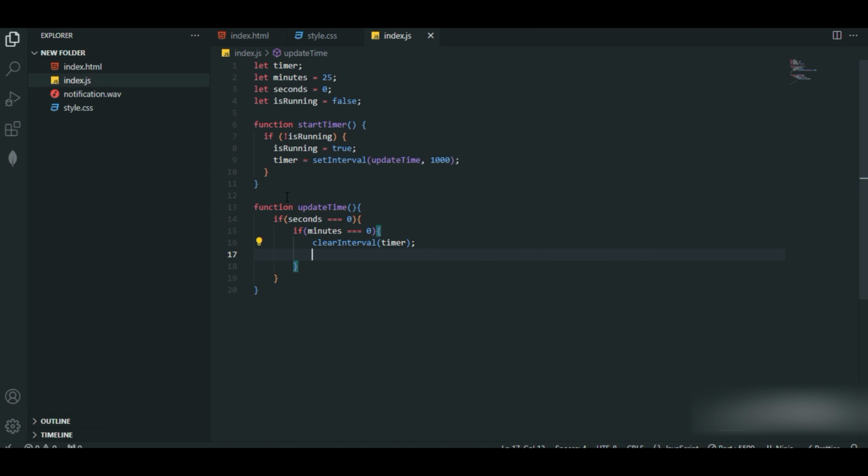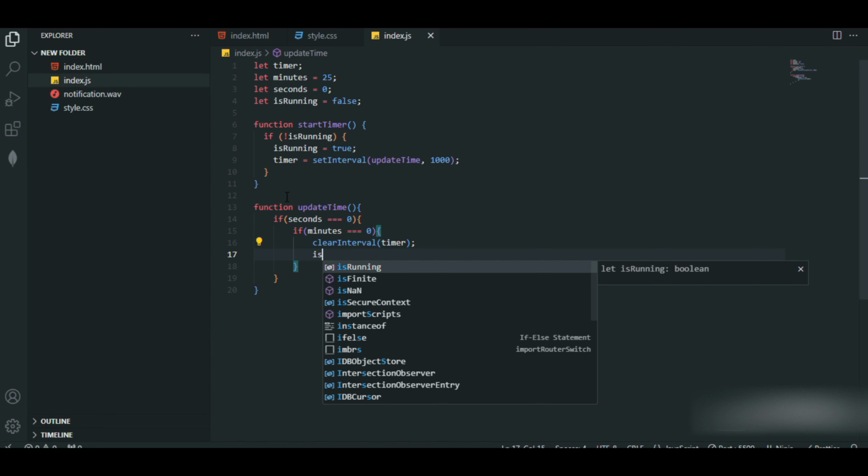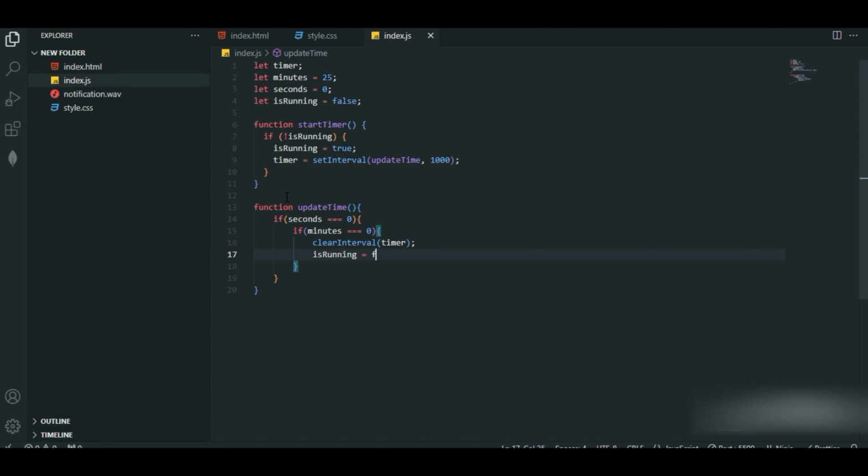Next, we'll set isRunning to false. That is, we'll set the timer state to not running. So I'll make use of isRunning and set it to false. So next,